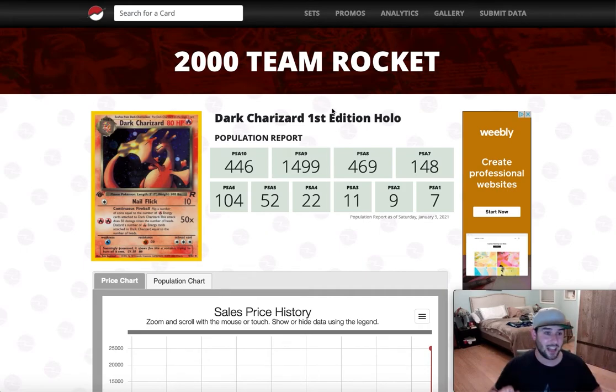Now, let me read these stats off to you guys, all right? So for First Edition Dark Charizard Holo, we have 446 PSA 10s. Now, they're selling for only $6,200 a pop, with this being the second printing ever of English Charizard in First Edition. Now, for PSA 9, they're about 1,500, and those sell for $1,200 a pop, which is a lot considering the